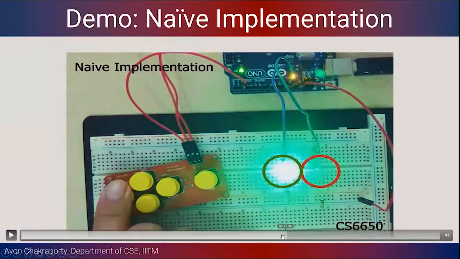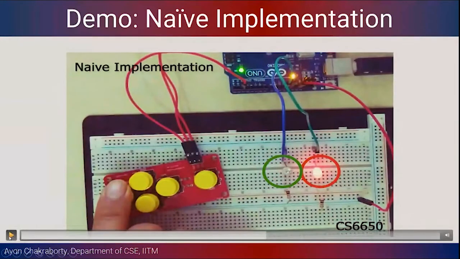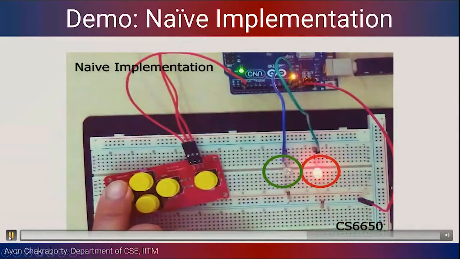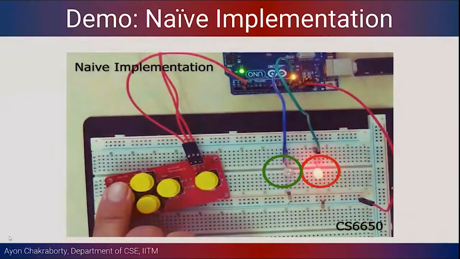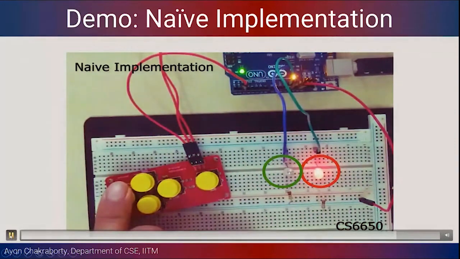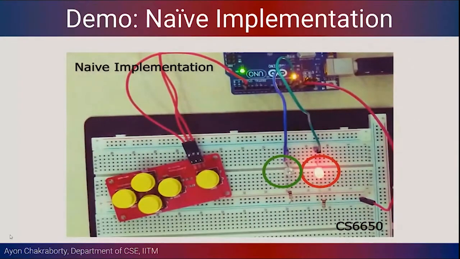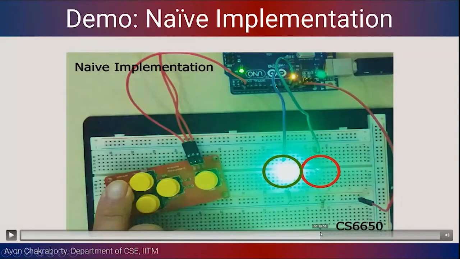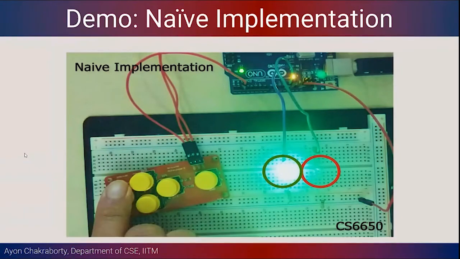For example, in some of these cases, even if we are pressing the switch, there is an irregularity in how the LEDs are turned on successively. It's definitely not green to red and red to green. It's definitely not working like that, but there are some glitches. Okay, so that is where we have to understand. This is basically setting up the context where we might need some other methodology, right? And we have to understand, first of all, why the naive implementation was not working. What is the problem with this naive implementation?